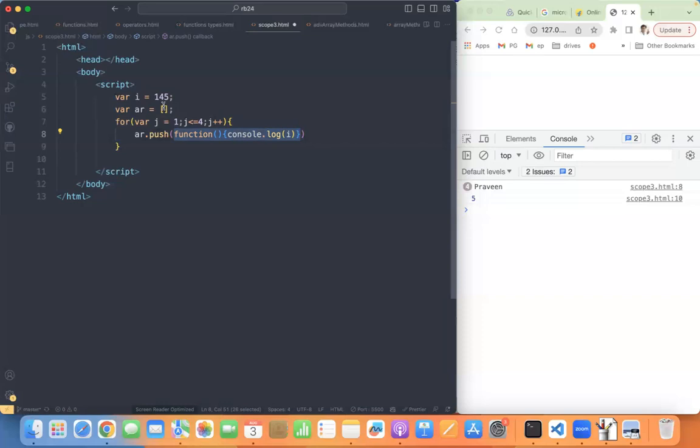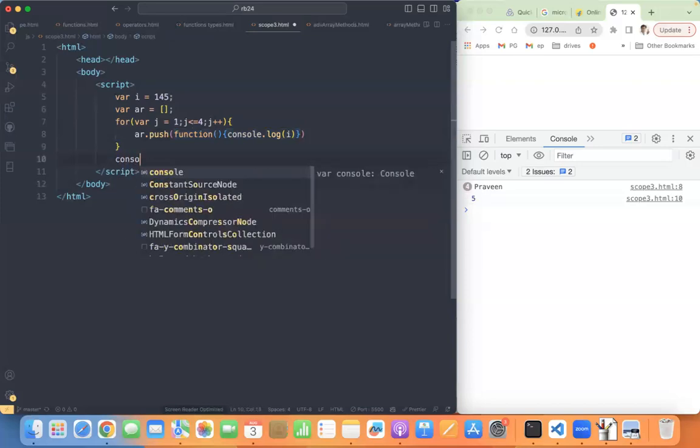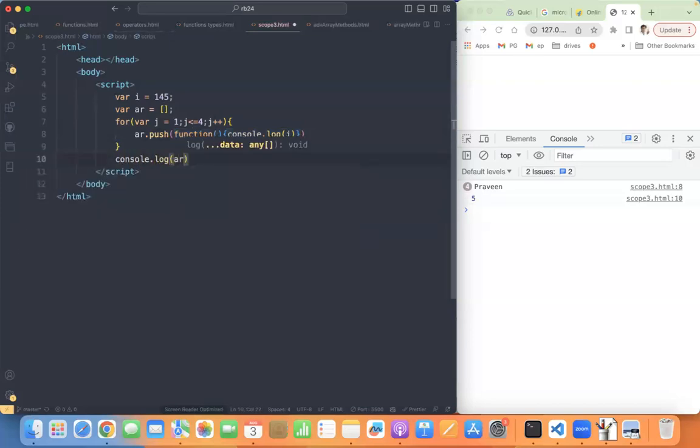Array will have 4 functions. Gotcha? Array will have 4 functions. So if I have console.log of AR, only AR, what will happen?